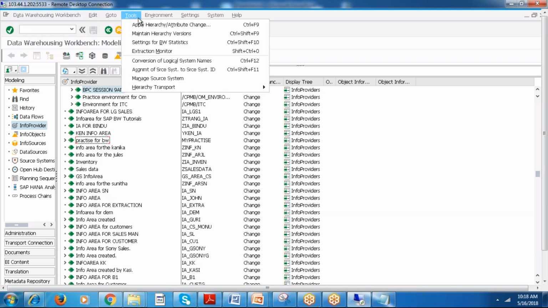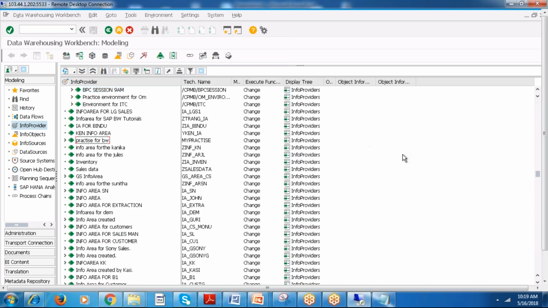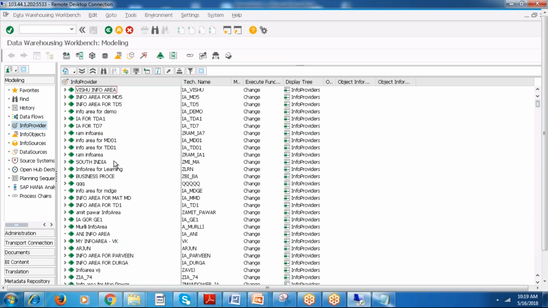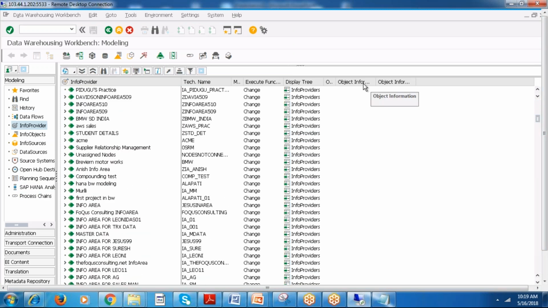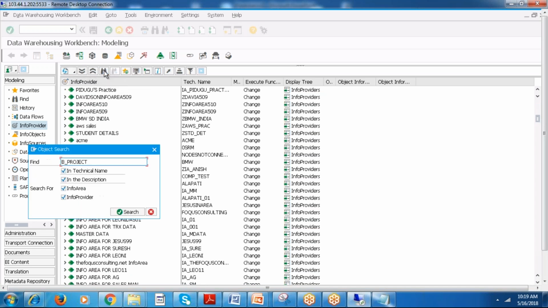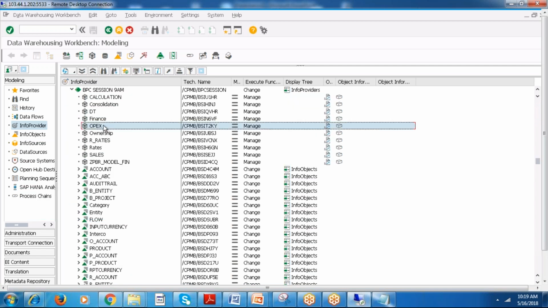Can we refresh from here? Somewhere that button will be there. Okay, here the refresh is. I refreshed. Info area BPC class, right? You can find it here. What is that object? OPEX. This is the OPEX model.